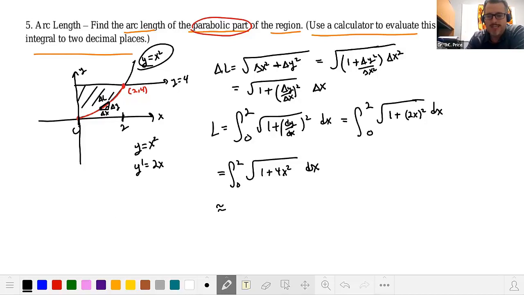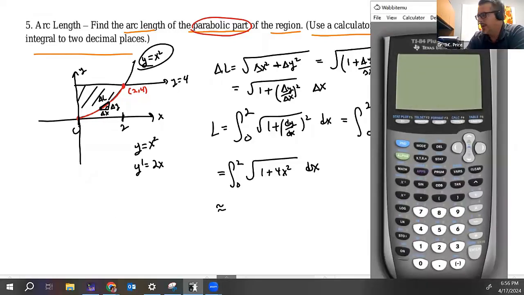So on your calculator, the easiest way to do this is probably just to hit the integral button. So I'm going to turn my calculator on, hit math, and go down to this integrate here. So finite integral right there, and hit enter on it. And then I'll type in 0 to 2. We'll kick it over and type in the square root. So second square root of 1 plus, and then we have 4x squared. And then over here we have a dx. So we've got to put an x in there. We hit enter, and we get about